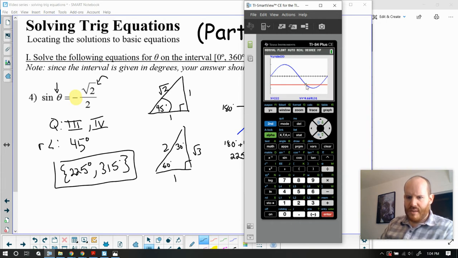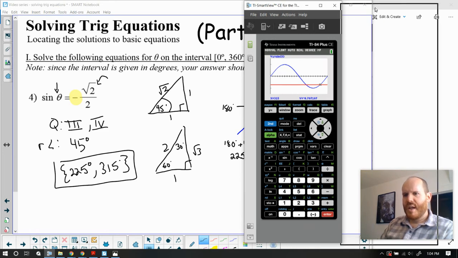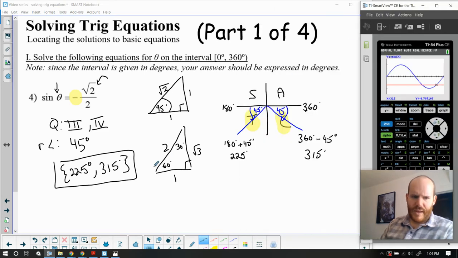Confirmed, that's one of the points of intersection. I'm going to check 315 degrees. Also confirmed, that's my second point of intersection. So we have been able to identify the 2 values that satisfy this equation on the interval 0 to 360